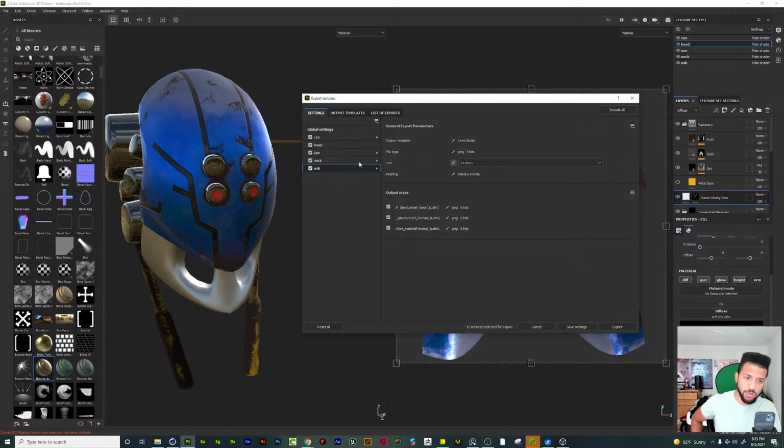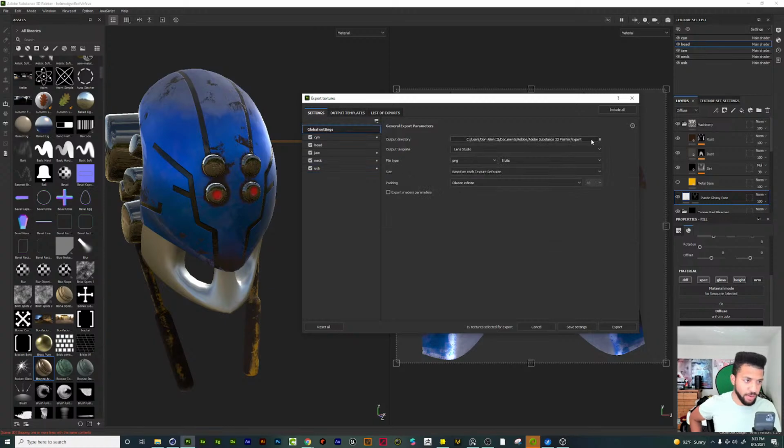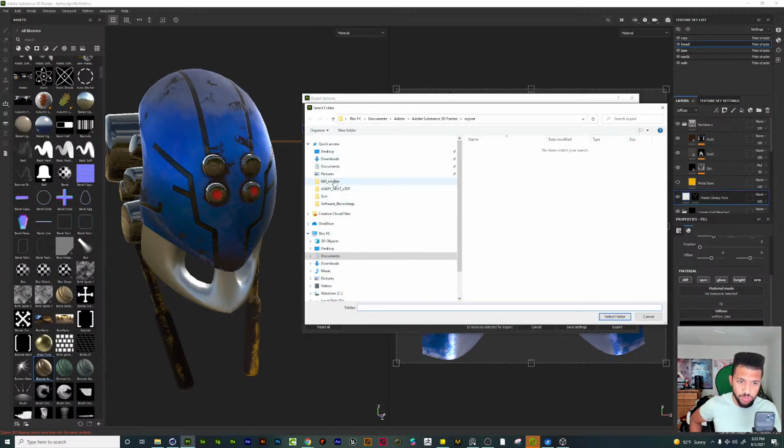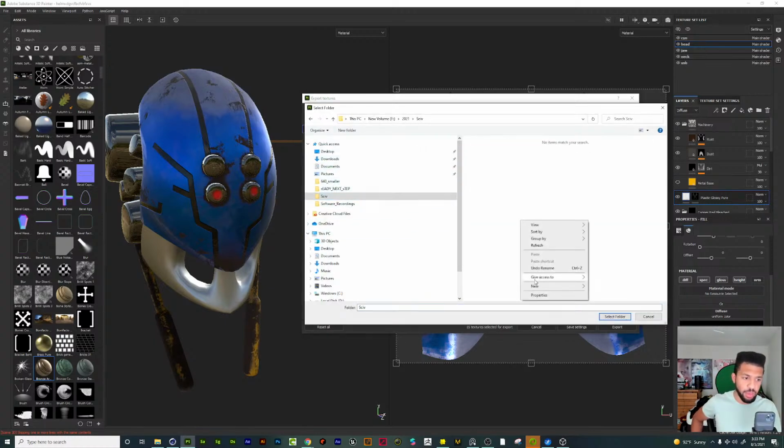All right, so with all that set and done, we're going to just go to our output and make sure it's outputting to the right spot. Great, I'm going to make a new folder and call this ready to go. And select that folder